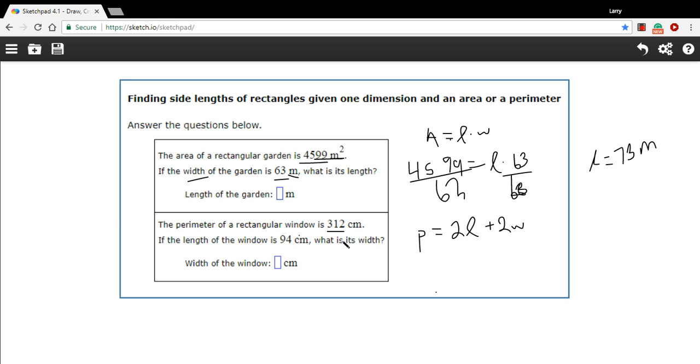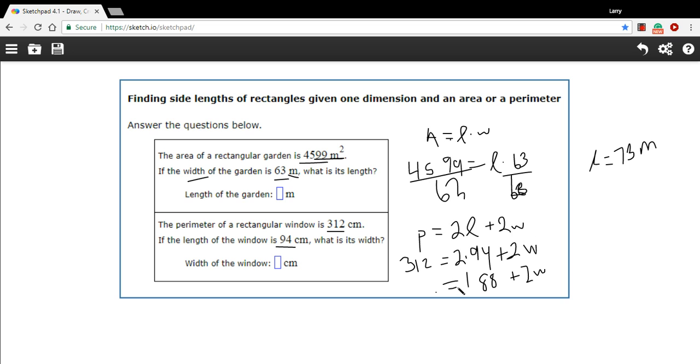So let's plug in what we have here. We have P, that's our perimeter, that's 312. We have the length, that's 94 centimeters. So that's 2 times 94. And we don't have the width, that's what we're looking for, so we'll just write that as 2W. And now I'm just going to try to solve this equation. So first of all, 2 times 94, that is 188. So we'll put that in there